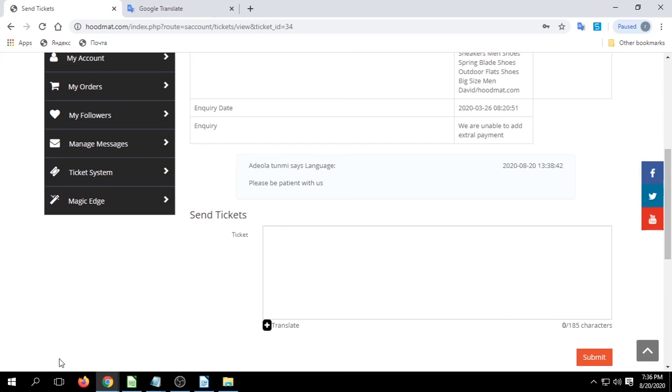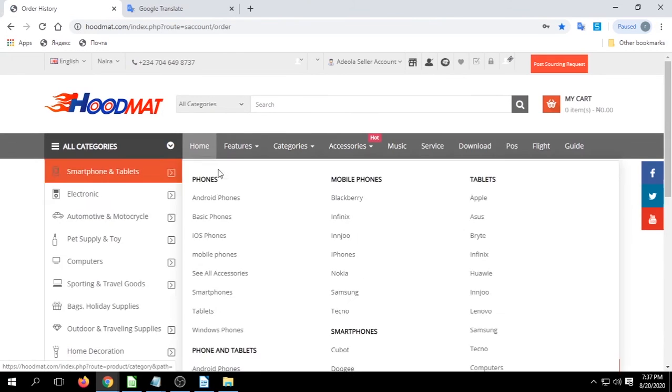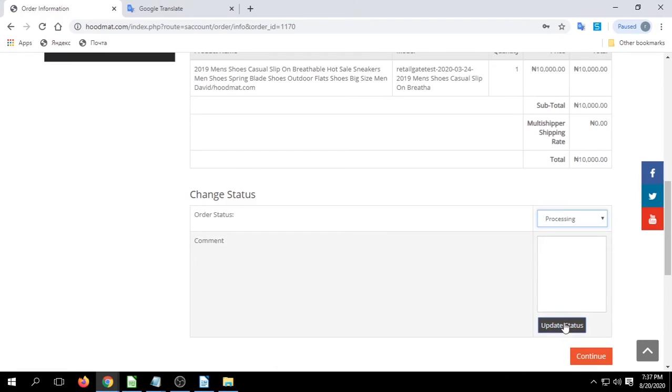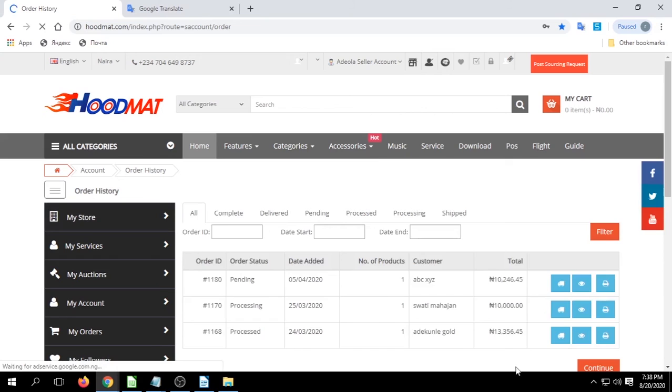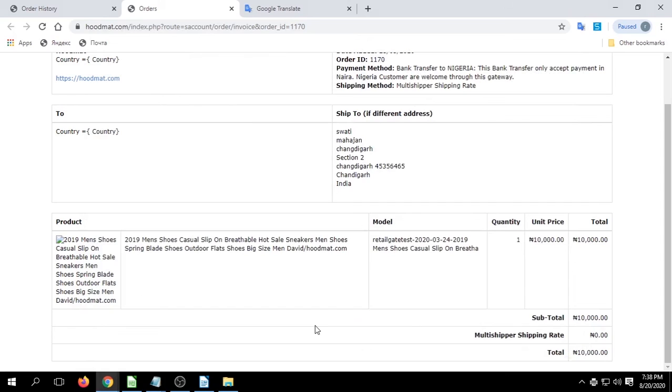If you don't understand how to make use of the ticket system too, kindly check the following: how sellers will pay ticket on Goodman.com guide. Monitor your store order as follows. Click on my order. Click on view your order issue. Then click on the complete tab to see the list of paid orders to your store. Click on the corresponding order view button to change the order status to processing. Click on the corresponding order print invoice and prepare the order for shipment. Attach the invoice and shipping address to the order and hand it over to the shipping company assigned to this order. In my own case, I assigned DHL to this order.